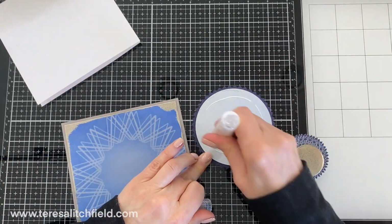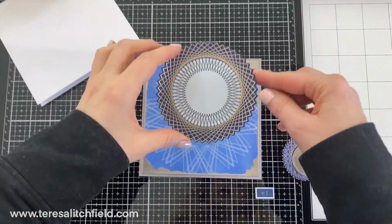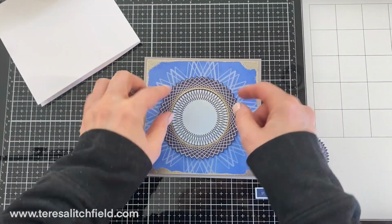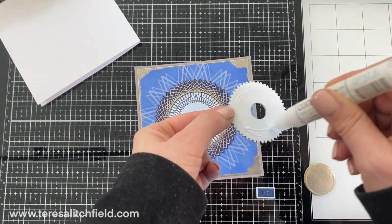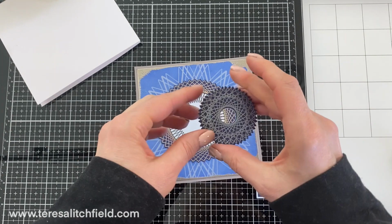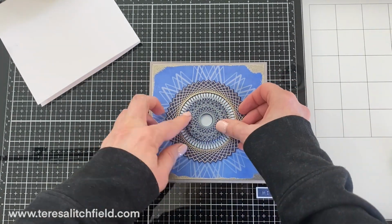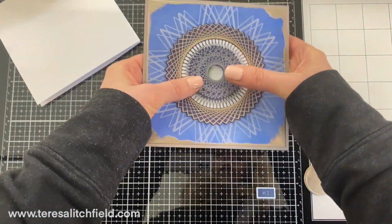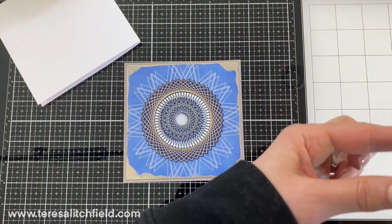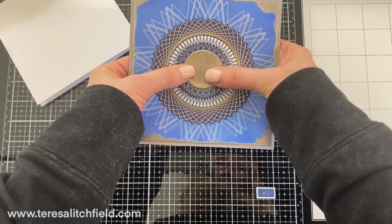This set totally reminds me of my childhood and playing with Spirograph. I'll then add that third popped up piece to the center of those other two and I'll glue that down with my liquid glue. I'll then put the embossed piece I made. It ended up looking like a coin to me, and put that in the center, and then I'll put the sentiment